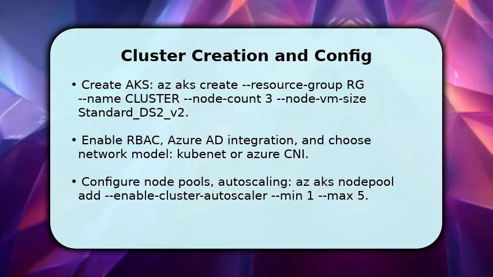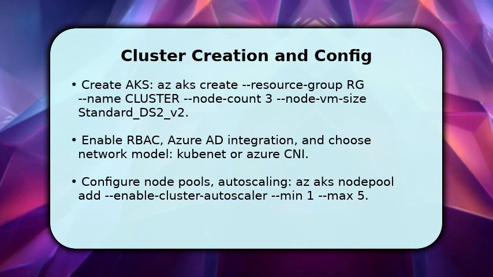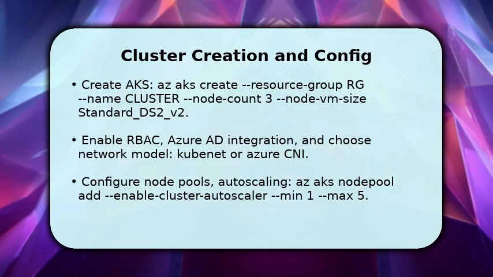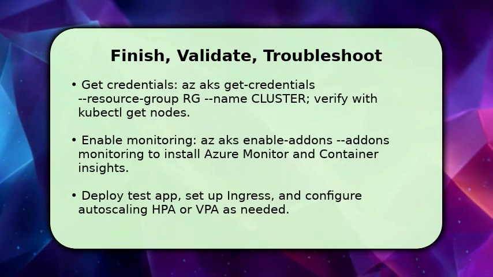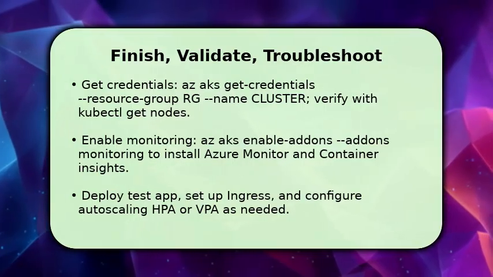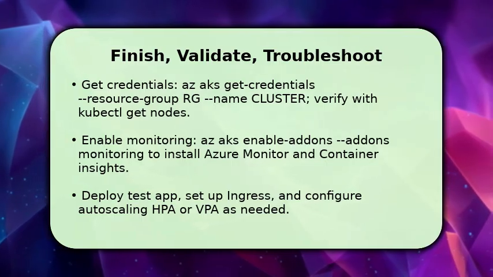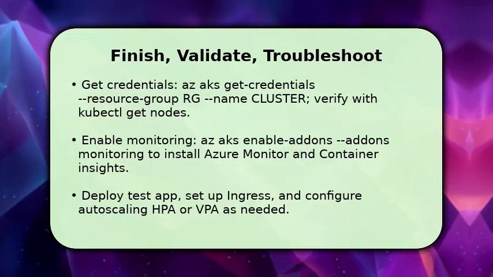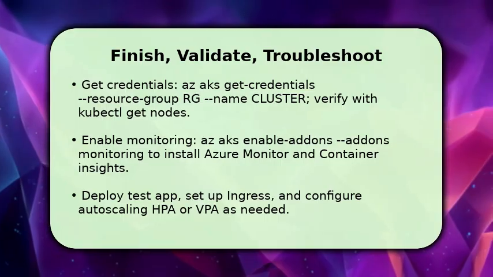After the control plane is provisioned, add node pools for specialized workloads and enable cluster autoscaler with az aks nodepool add to handle load changes without manual intervention. Finish by fetching credentials with az aks get-credentials and verify the cluster via kubectl get nodes and kubectl get pods --all-namespaces. Enable monitoring with az aks enable-addons monitoring so you get logs and metrics in Azure Monitor